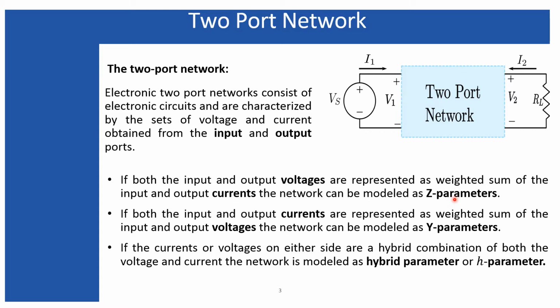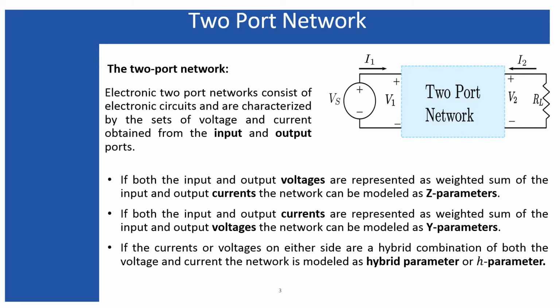will bring you an expression of the Z parameter with a much more complex term. And similarly for the Y parameter, when you convert the H parameter into Y parameter, you will see that the final expression will come in a complex manner. Rather, if you represent this H parameter model, the entire network will be characterized based on these simple equations. So that is why we prefer H parameter when the network itself is in a hybrid combination of its input voltage and output voltage, input current and output current.